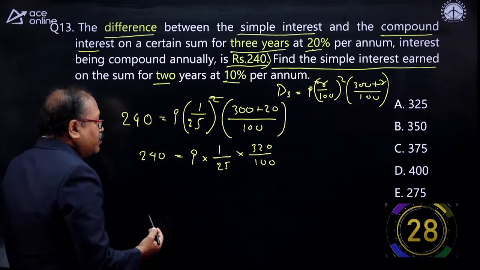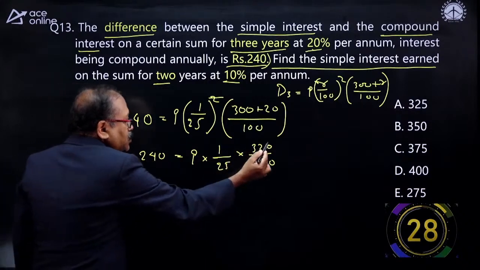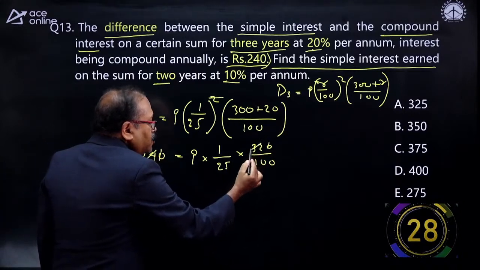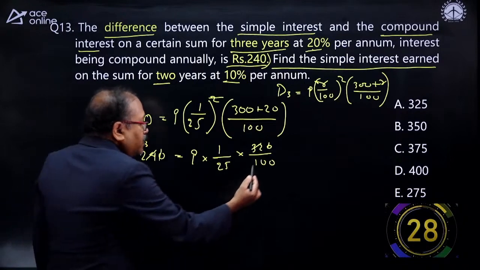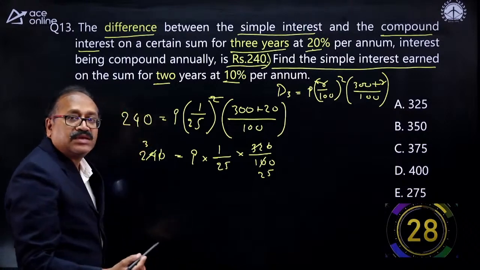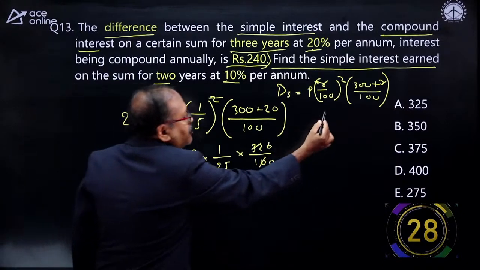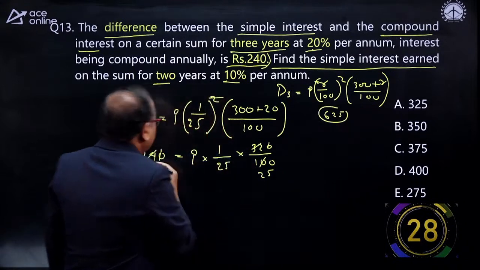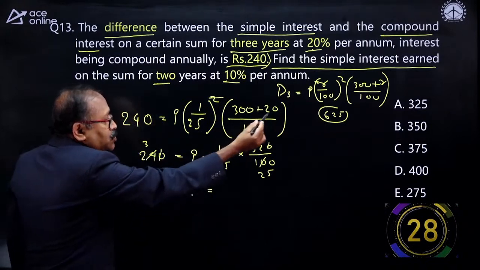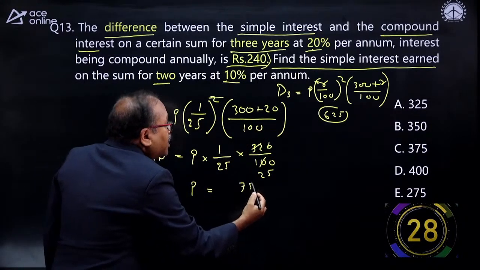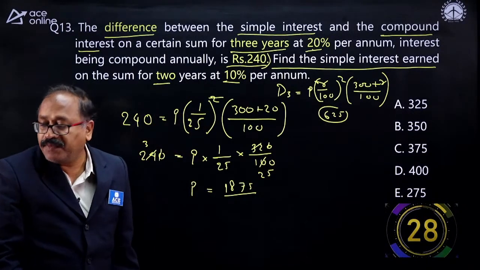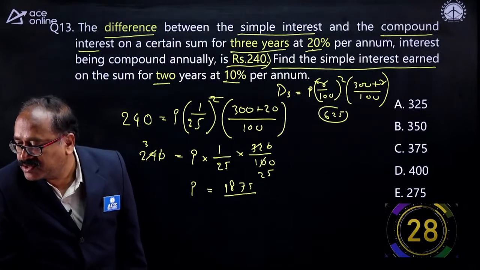So how do I get the P over here? Look at this one. This 0 and 0 get cancelled, and 8 3s are 24 and 8 4s are 32. With 4 this is 25. Now 25 into 25 is 625, and 625, when you multiply this by 4, you are getting P. So my P will be equal to multiplying by 3. So 25 into 3 is 75 and 6 3s are 18. So this is your P. Once you get the P, I am sure many of you will be able to answer the question.